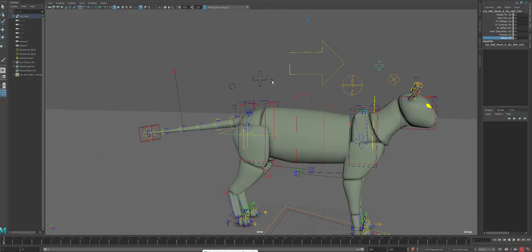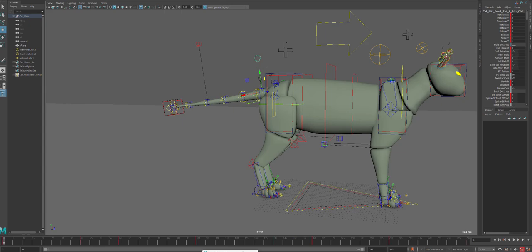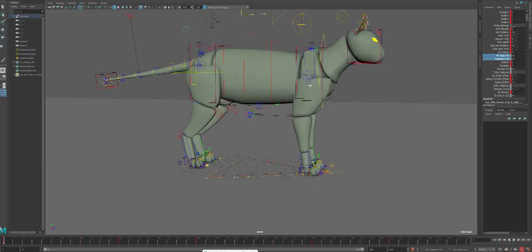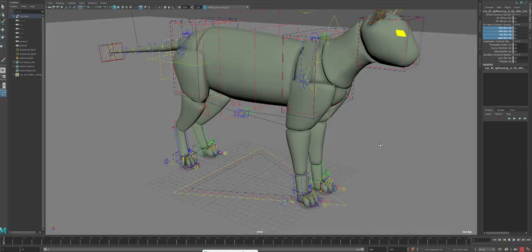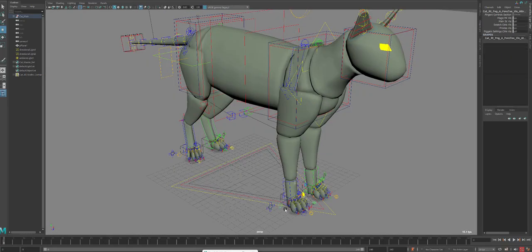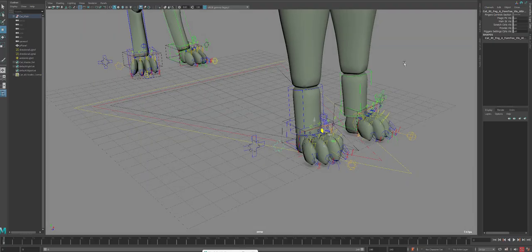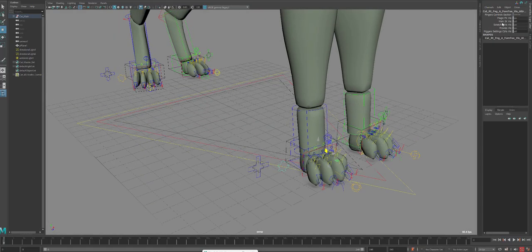So the same for the spine, the same for the tail. Tail only has visibility of the secondary tweakers and such things. And for the legs, you have IK offset, FK offset, etc. So you can even hide the foot controls if you don't need to see these guys, and you can use this yellowish cog-shaped control to hide elements of